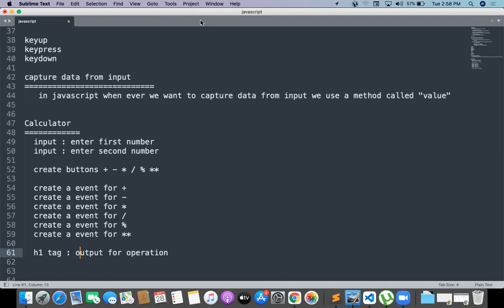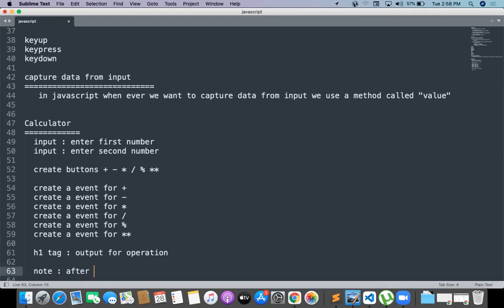Take two text boxes, one H1. Enter first number, enter second number. Then after entering the numbers, click on the plus button. Here is the important note point you have to remember, a very simple note point.